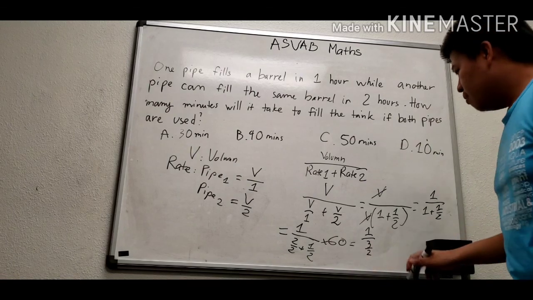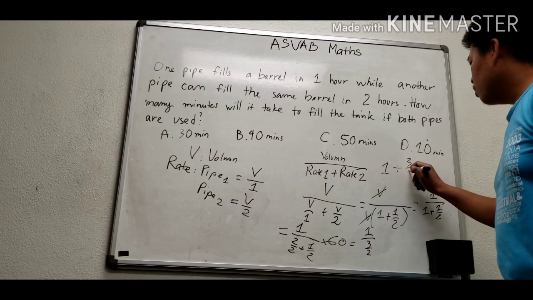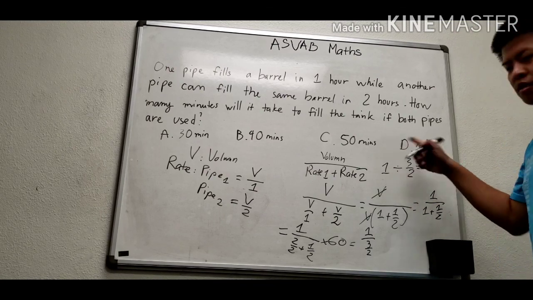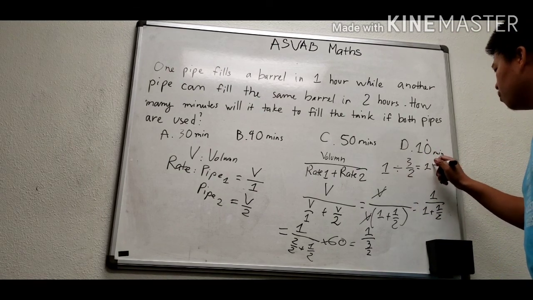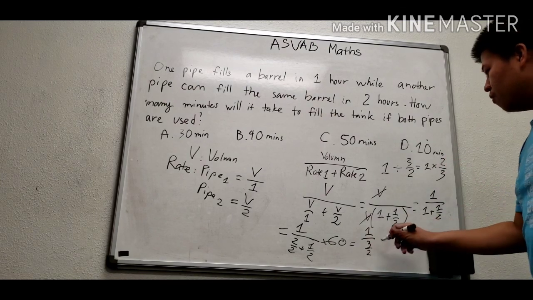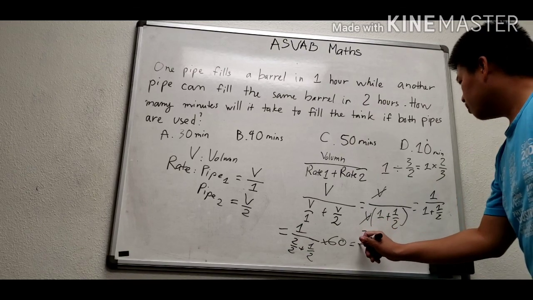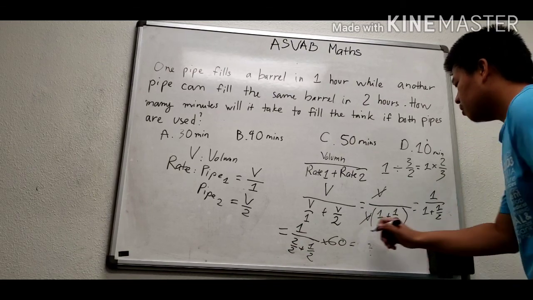This number is similar to 1 divided by 3/2, so that we just revert back to 1 multiplied with 2/3. So this thing we can convert with 3/2 or 2/3